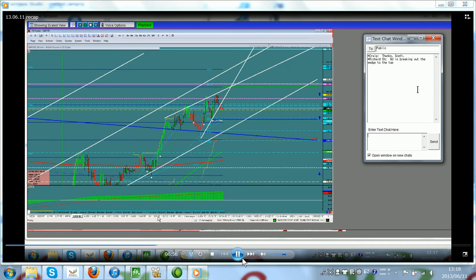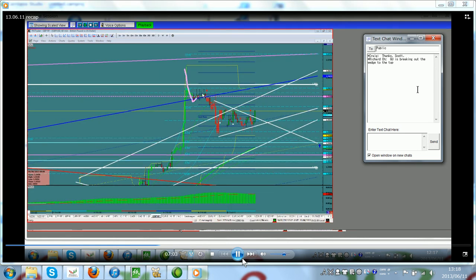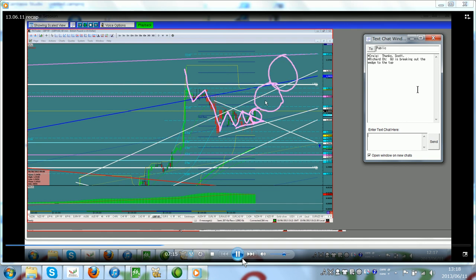All right, thank you, Richard. GU is breaking out the top. Yeah. So they may go ahead and go. In which case, this would have then been the A, B, C, stuck in a wedge until we get some direction, and now we're breaking. All right. So if this breaks, I would trade it up to here, and maybe up to here, but at least this part right here. Right? I would not touch this late in the day. What's going to happen here in 40 minutes? Right. London closes. They go to the pub. So two-thirds of the world's traders are at the pub. They're not in front of their computers. Guinness time for Mark. Mark lives over there, so he'll tell you. It's Guinness time. So there you go. So I'm not interested at all.